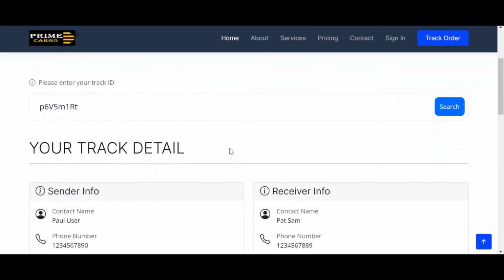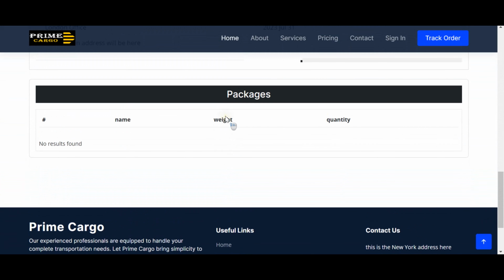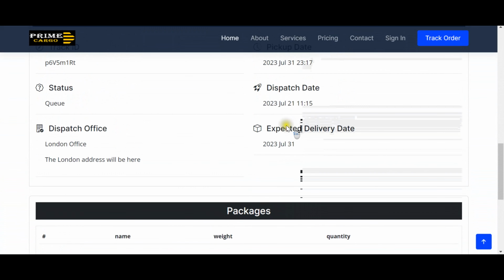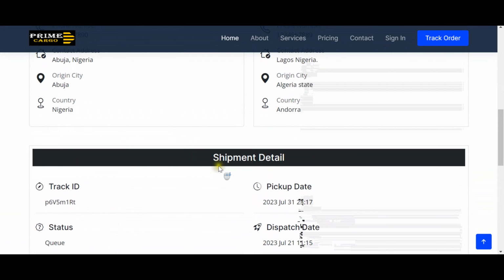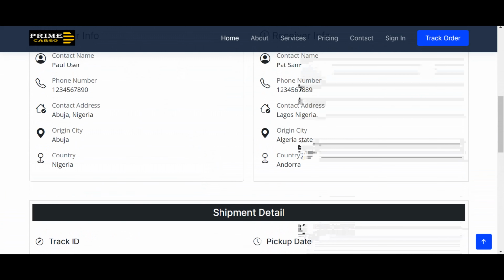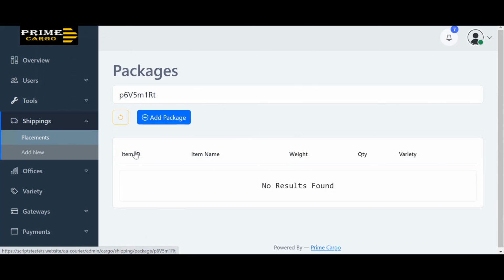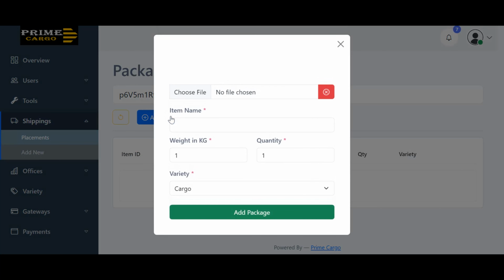You can see the information for the package. There is nothing there yet. There is no map, so I'll show you how all those can be set. So coming back here, we have the history, we have the package. On package, I click on add package. This package is more like history; creating the package for that particular shipment is kind of